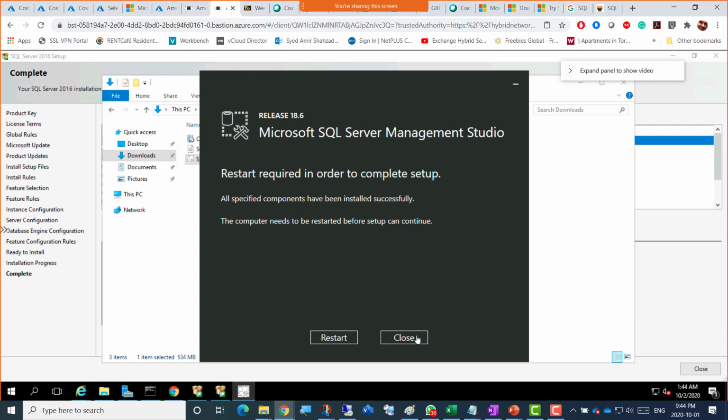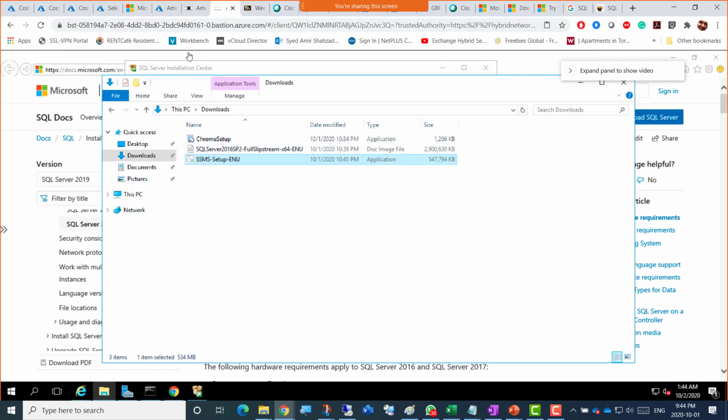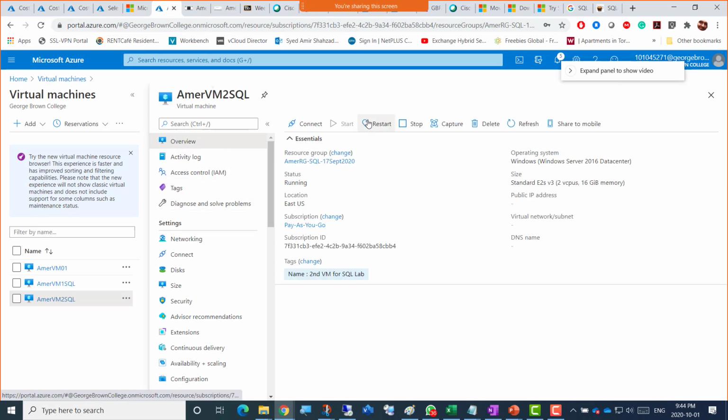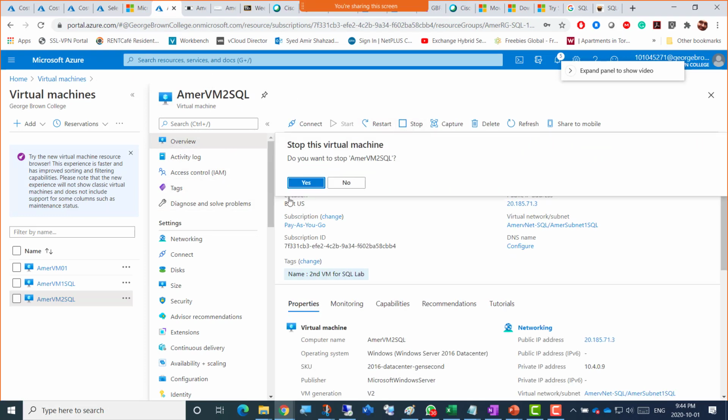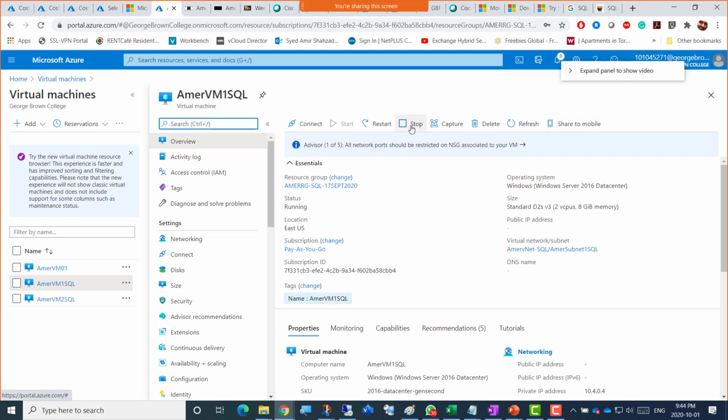So I'll close this. Successful. And then from outside, I'm going to go to overview and stop. And I'm going to go for the second one, or the first one actually, overview and stop. And yes, now we're good. Okay, stopping the